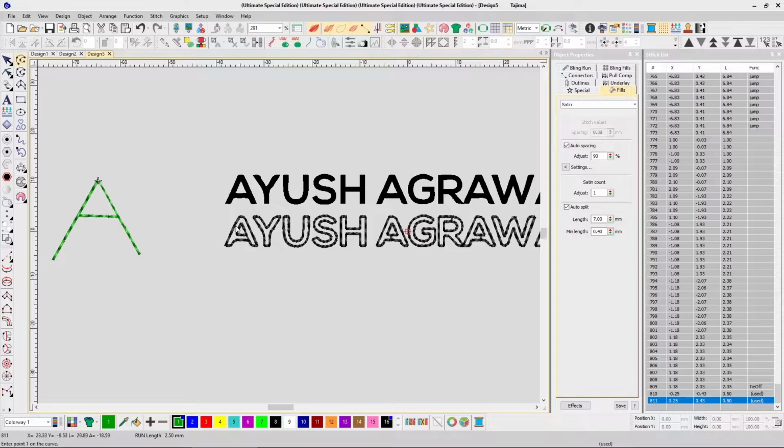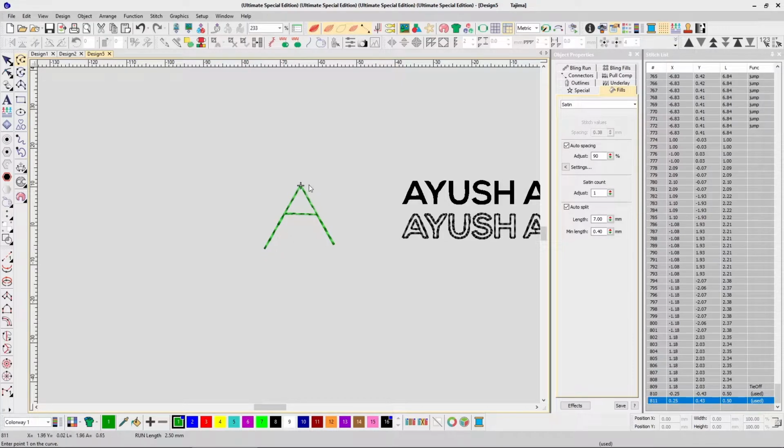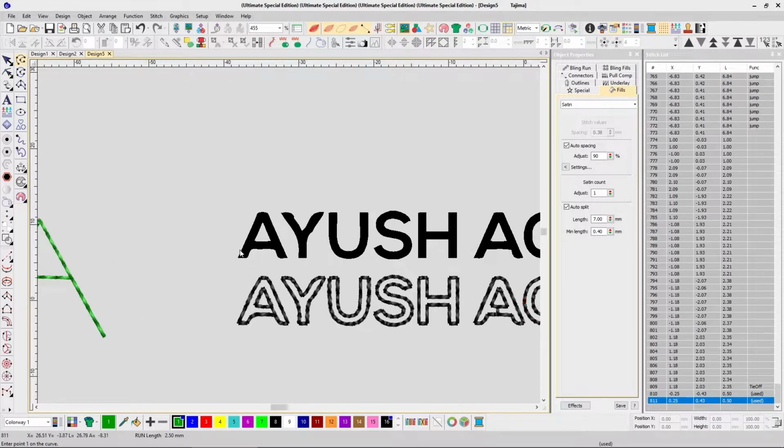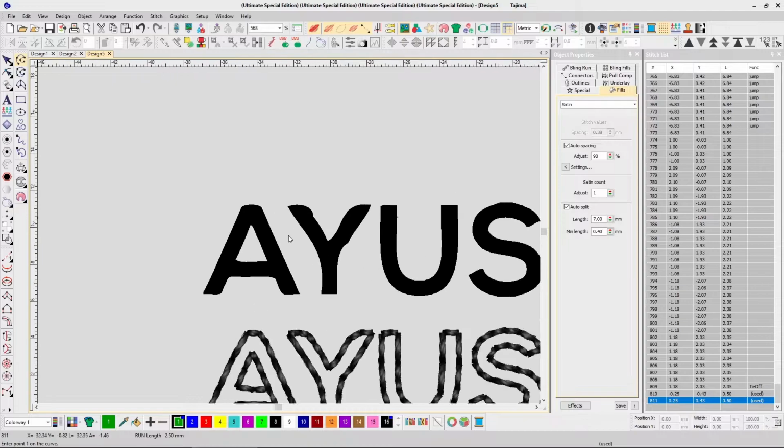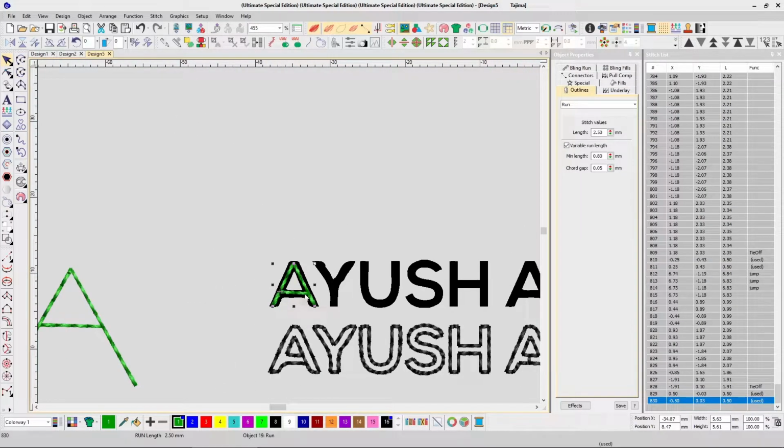Here the run stitch is going around the graphic. Here the run stitch is sort of following the center line of the graphic. So this is how my digitizer is going to trace this, and each and every object is digitized like this only. So this is how it's going to look.